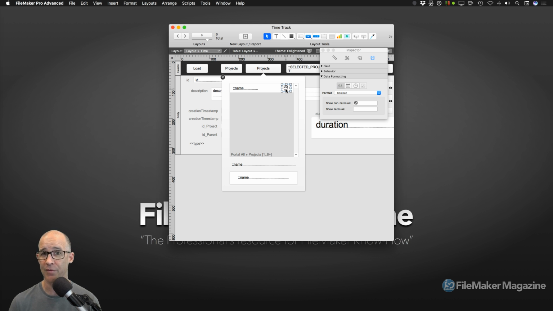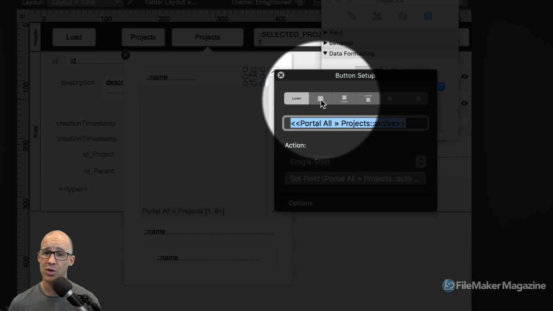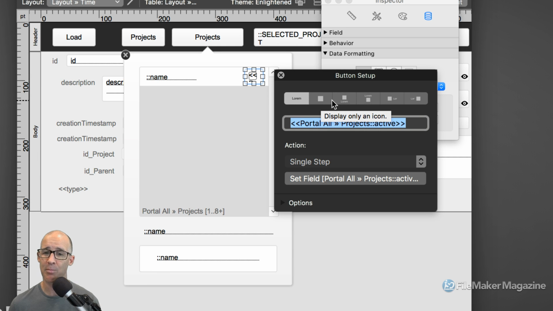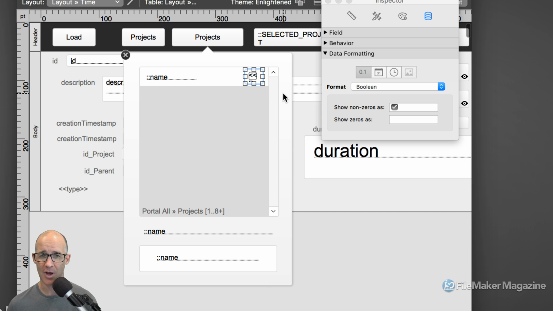different technique. I referred to it. You can find it on the magazine website where I use the SVG icons. These right here, where you can choose, when you double click on a button, in the button setup, to choose not an actual icon, but just an icon. Undo that. All right, so we now need to filter our value list so that our value list is only